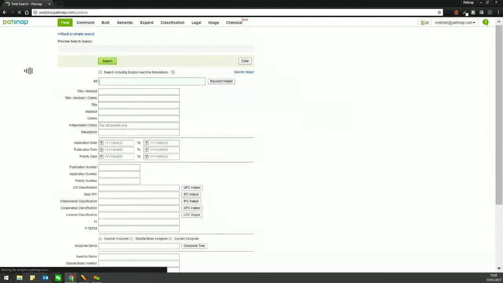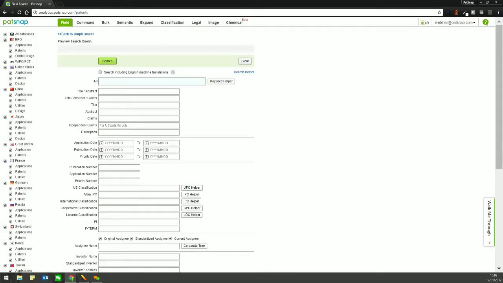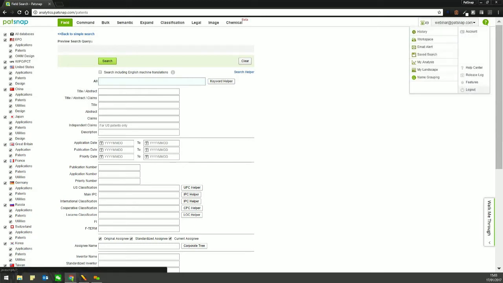But typically when you first log in, you'll be seeing the advanced search. Now, on this page, there's a few things to mention. Number one, as I mentioned, we'll work out how we actually log in the first place. So if we go ahead and have a look at the login page,